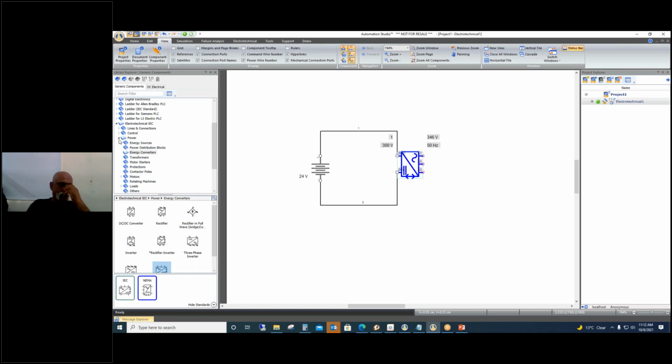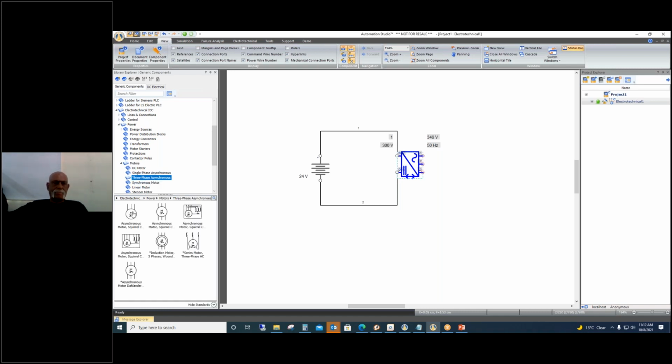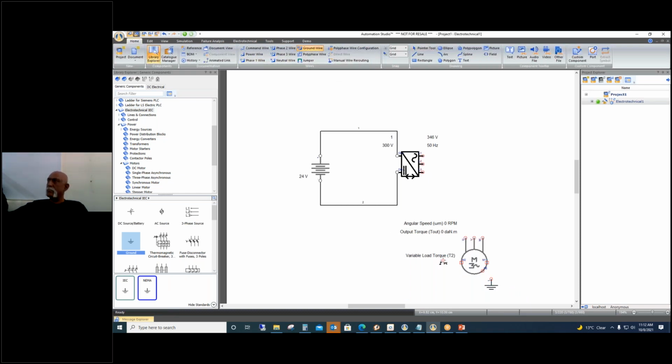So I'll just connect a motor, a three-phase motor, and one ground. Okay, so this is the basic circuit.